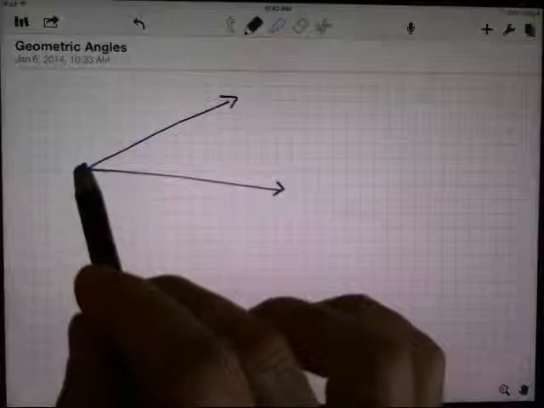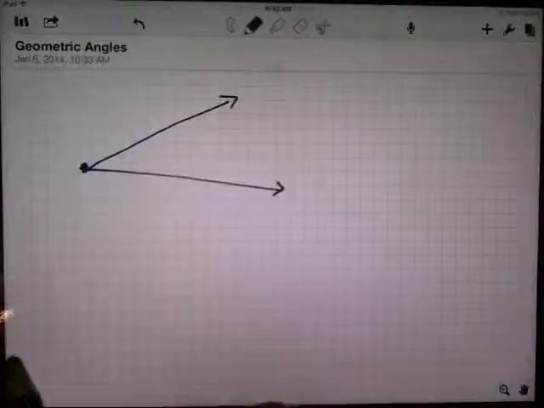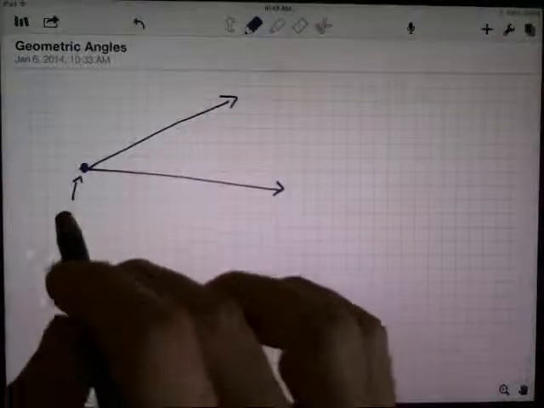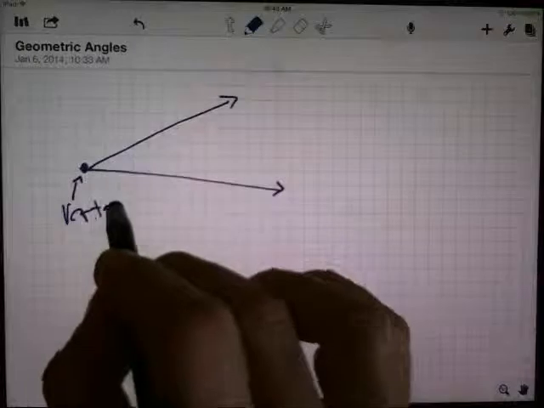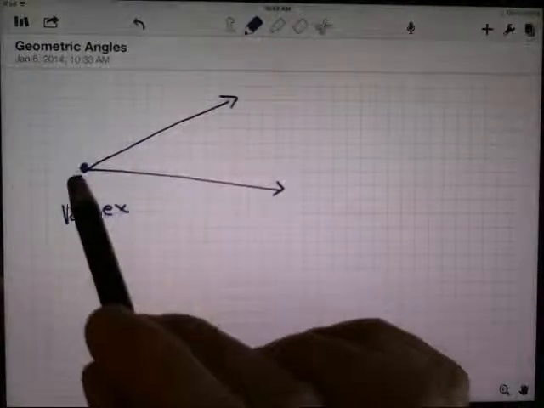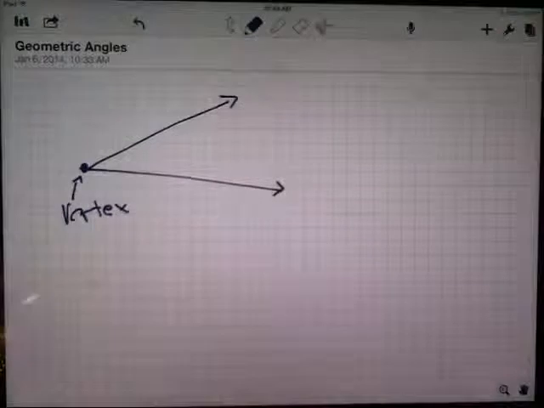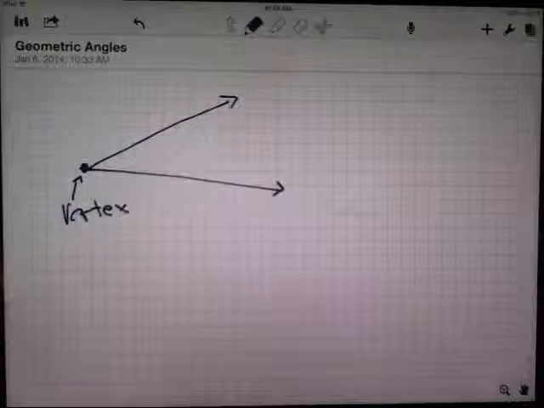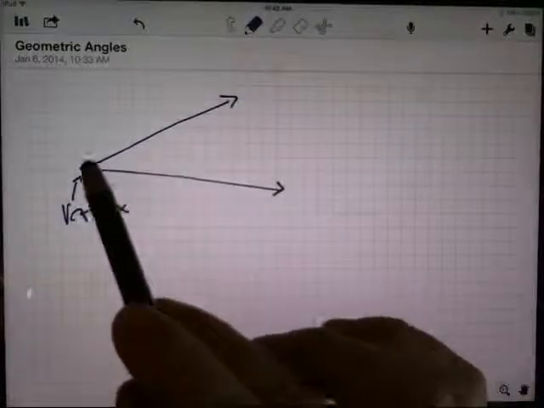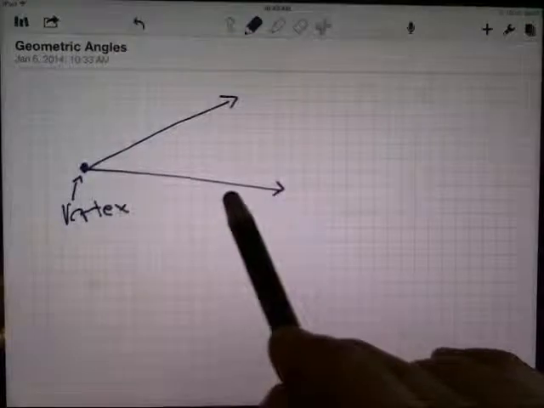The common foot is that endpoint that they share. This is also sometimes called the vertex of the angle. That is, the ray has a foot, the angle has a vertex. Now, although the definition generally is in terms of an angle being a union of 2 rays, so it's just